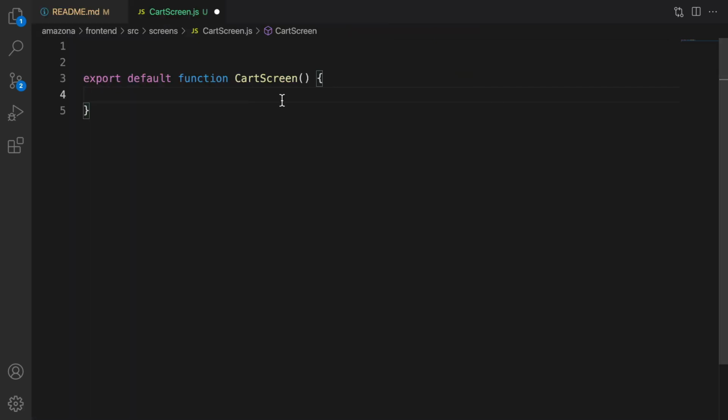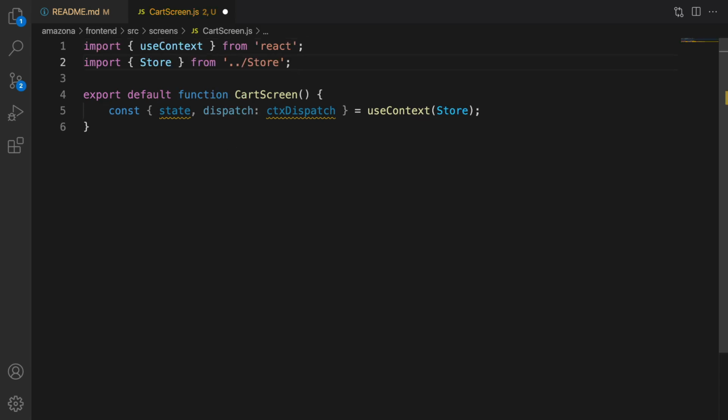get access to the context, get state and dispatch like what we did in the product screen. Import useContext from React, and import Store from /store.js. From state, deconstruct cart, and from cart, deconstruct cartItems because we are going to list cart items in